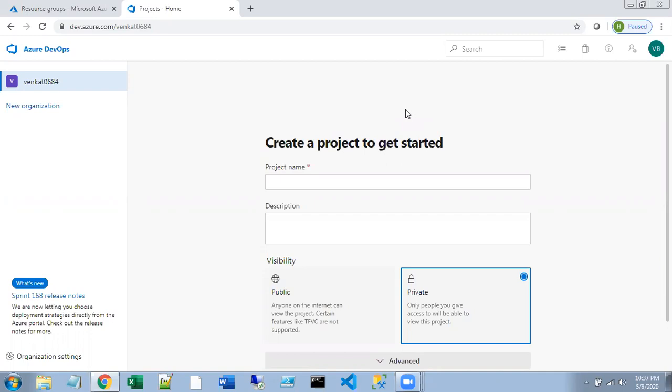As part of today's video, we are going to look at continuous integration and continuous deployment using Microsoft Azure DevOps. We will see how we implement continuous integration and continuous deployment in Azure Data Factory using Azure DevOps. Here, this is my DevOps organization account, and I do not have any projects so far. No projects, nothing.